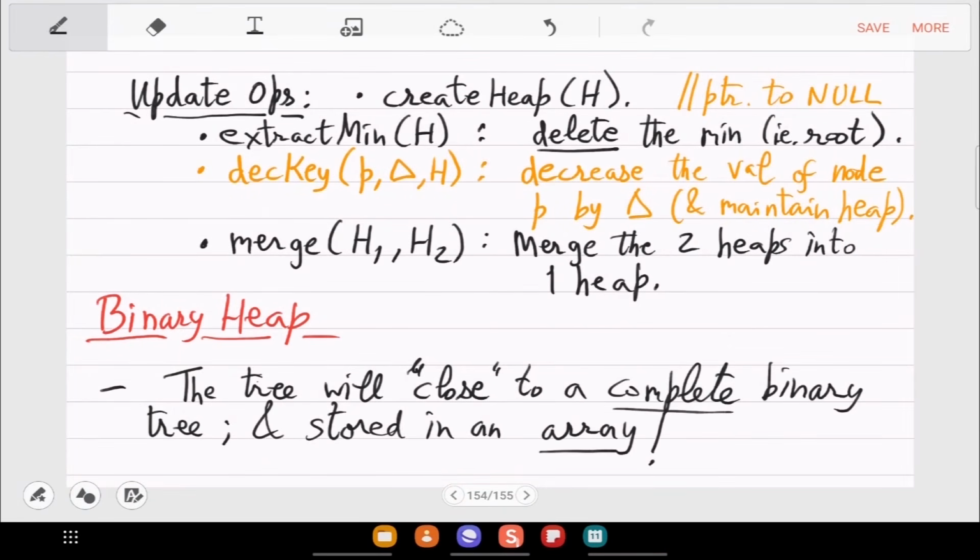Okay, so it will have, as I said, both the properties. As a tree, it will be in particular close to a complete binary tree. And it will not be stored via pointers, but stored in an array. So all the mathematical modeling will happen on this array, maintaining the heap structure somehow. So we'll do that on